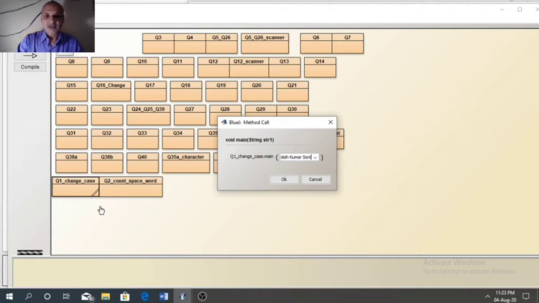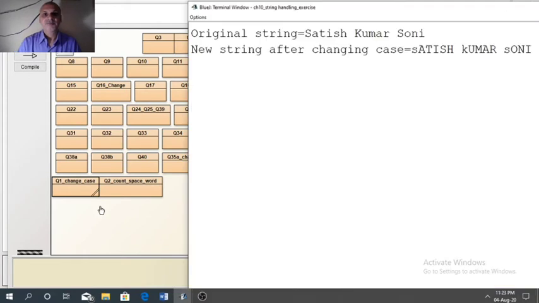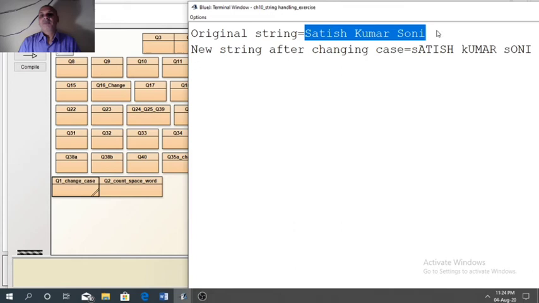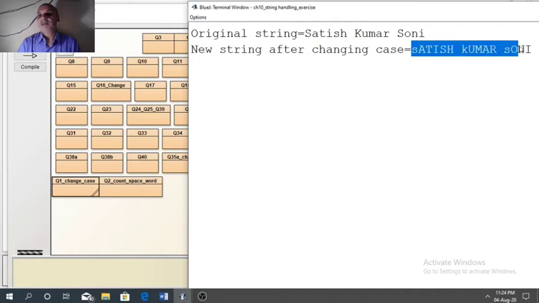It will give you confidence that your program is working for all the inputs. So you can see we have got the modified string where lowercase is changed to uppercase and uppercase is changed to lowercase, and space remains as it is.